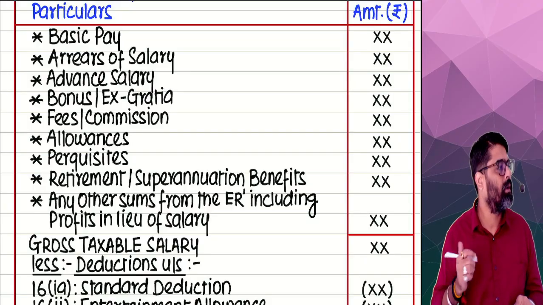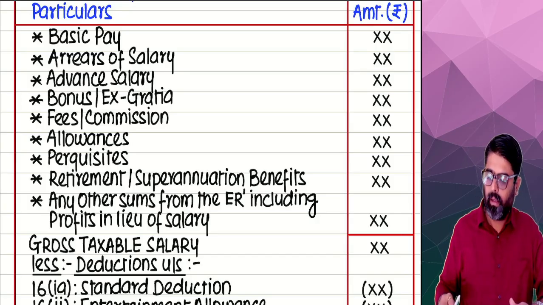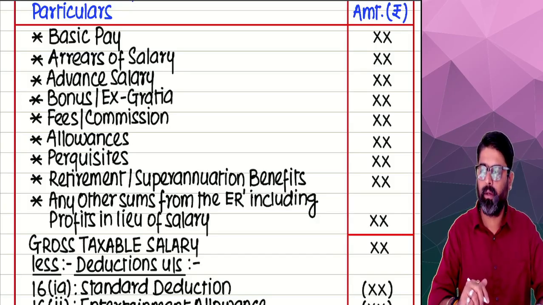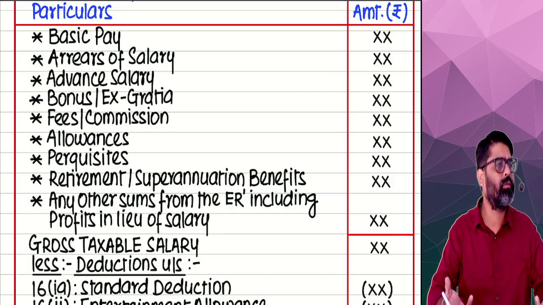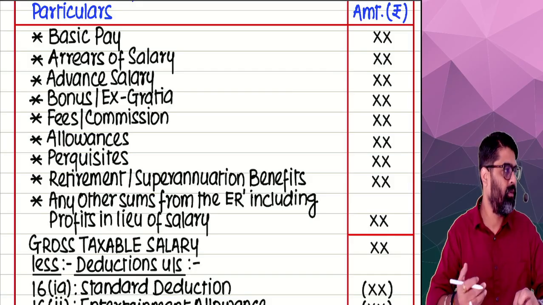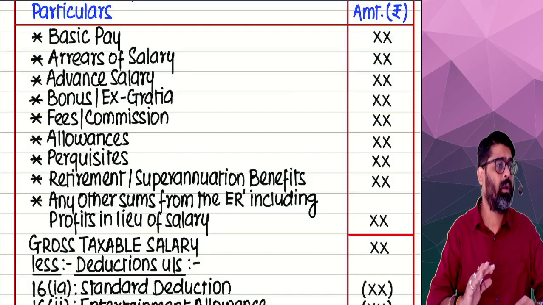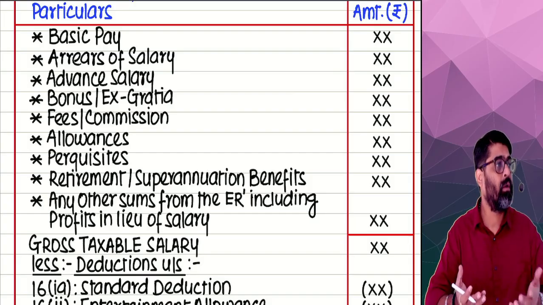That is taxable under salary head. Now, what is the next thing which will be given by the employer and will be taxable here? The next thing can be arrears of salary. And do you remember charging section? Section 15. Charging section was saying that the arrears of salary of any earlier year can also be taxable in